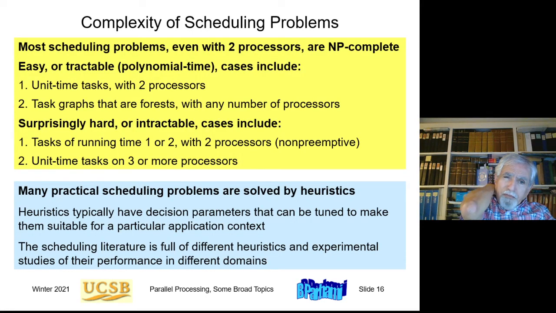Okay, so this is an overview of the complexity of scheduling problems. Most scheduling problems, even with 2 processors, are NP hard, or many of them are NP complete. There are some exceptions. Easy, tractable, or polynomial time cases of the scheduling problem include when we have unit time tasks and only 2 processors. So if you have unit time tasks with only 2 processors, then we have a polynomial time algorithm, but that's really not a very interesting case